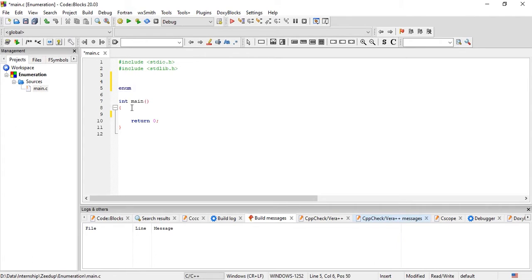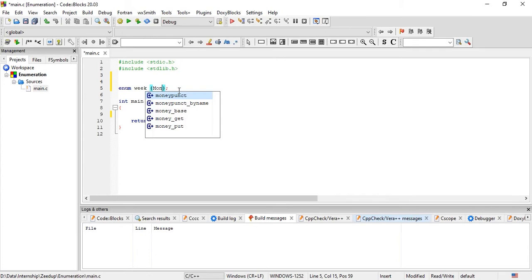So the first thing that you need to write is the enum keyword, and then you need to write the name of the enumeration. I'm going to create an enumeration for the days of the week. So I'm just going to write enum week, then put a space, and then put the curly braces, and then you can close these curly braces using the semicolon. That's it. So this is how you can declare an enumeration in C, and whatever values you want to provide to this enumeration, you can write within these curly braces.